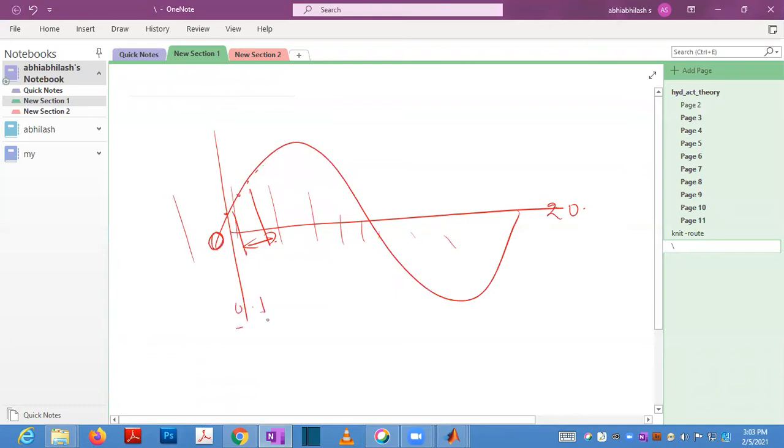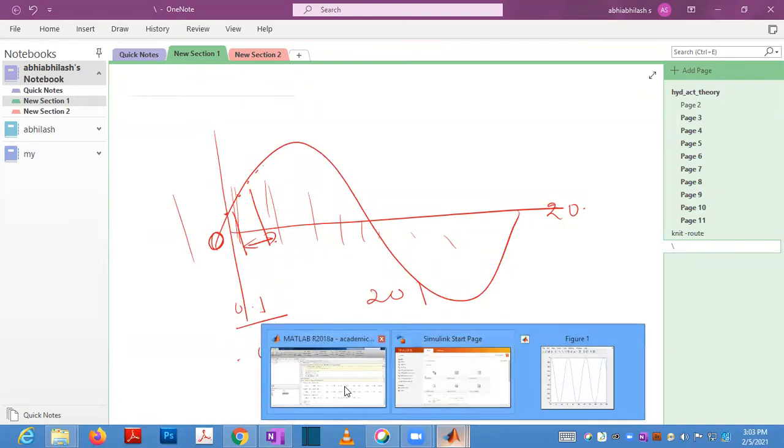If you want to use 0.1, it will create 201 values, 0 to 20. If you are using 0.01, it will create 2001 values, like that only. So in between, however many values you require, you can plot it.